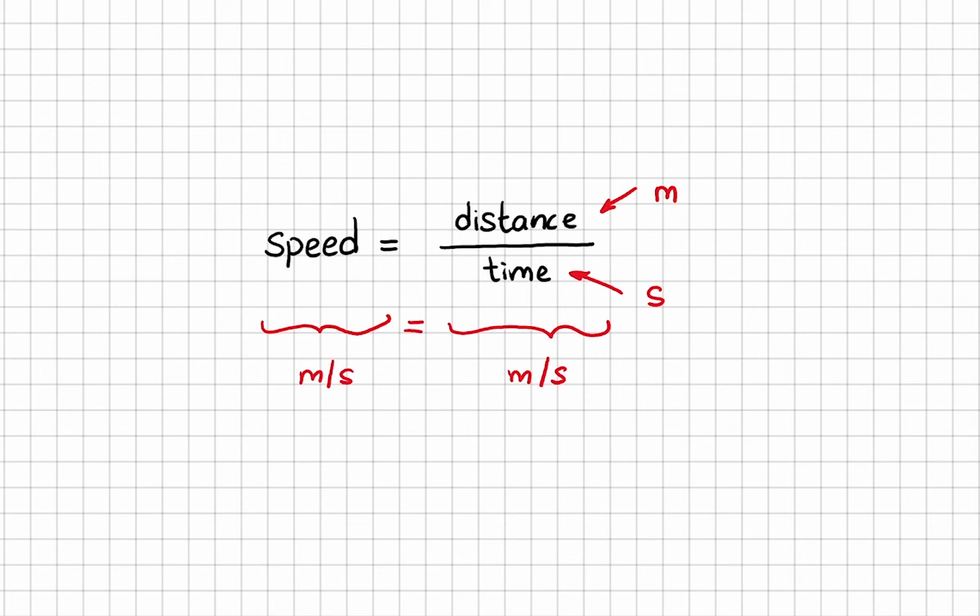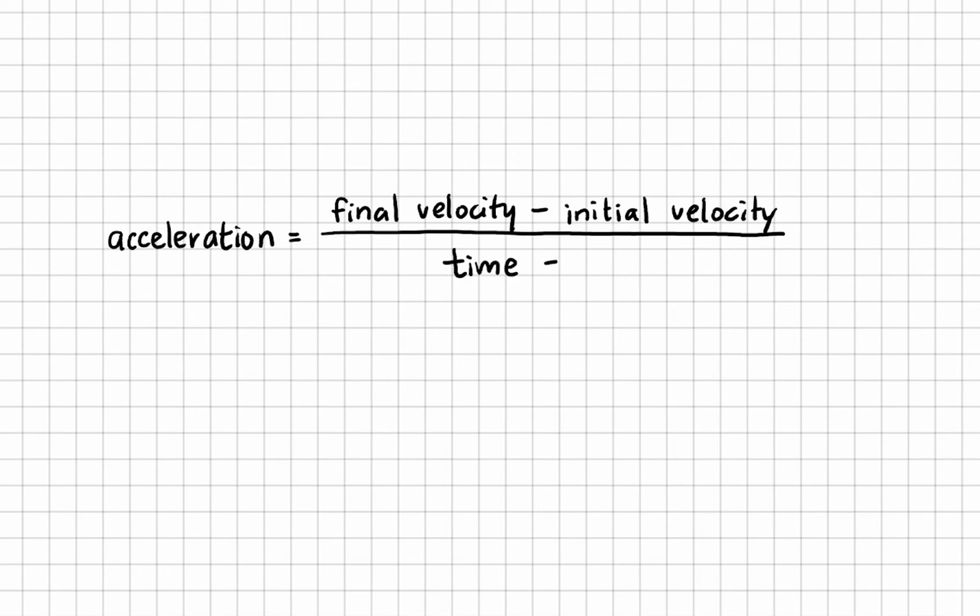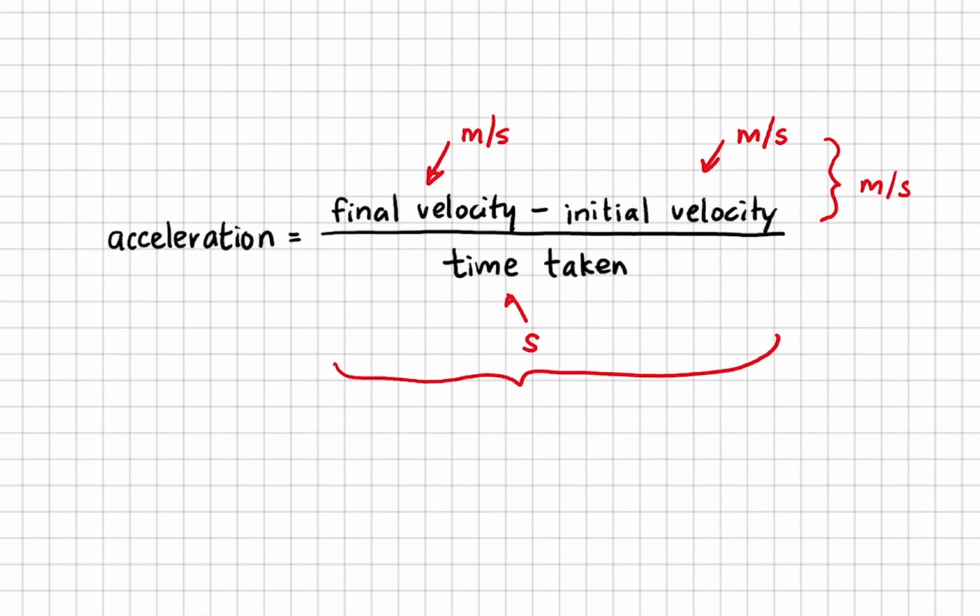Was that too easy? Let's try this one. The equation for finding acceleration is the final velocity minus the initial velocity over time taken. And the unit of velocity is meters per second. Units of time is seconds. In dimensional analysis, we don't need to do anything to the unit when we add or subtract. This means that the numerator, the top bit of this fraction, gives a unit of meters per second. So meters per second divided by second, that's the same as meters per second squared, which is, as we know, the unit of acceleration.